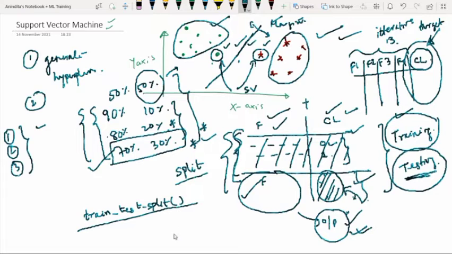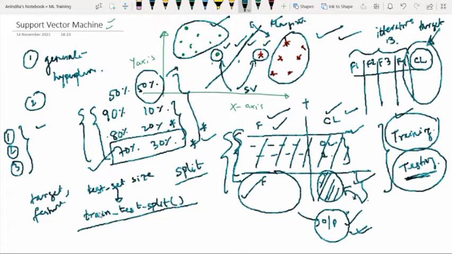Here you basically need to pass 3 parameters: one is the target, one is the features, and then another one is the test set size. This function will consider 3 parameters, and random state.